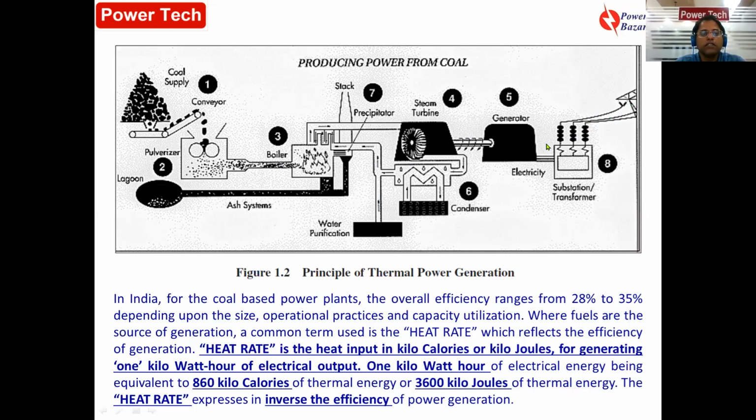Now in this process, what are the byproducts? One byproduct is the ash. This is the bottom ash from the boiler. This is the fly ash from the electrostatic precipitators, because when the dry flue gas goes to the atmosphere through this stack, it carries some amount of fly ash. Since the fly ash, the SPM level, will hamper the environment, we need an electrostatic precipitator which will catch the fly ash, and this fly ash